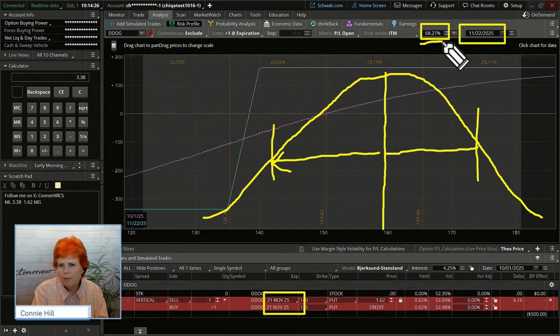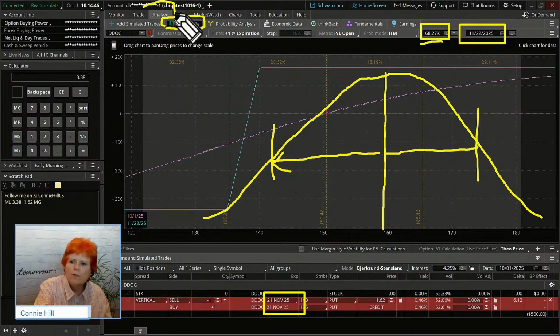Would you say 68% is a minority or a majority? I'd say it's more of a majority. Right? Many traders, when we're looking to put something in our favor, will say, let's look at something above 60%. The name of this tool is called the Risk Profile Tool, and we are getting it from being here on the Analyze tab. That's where you can find that, Mike.